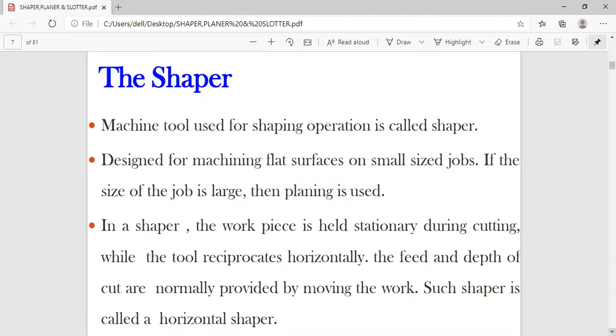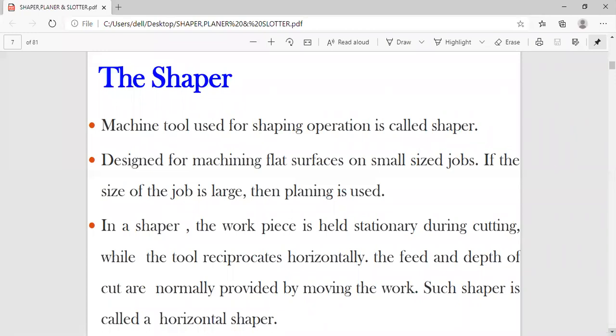And what is the floor space required? As far as it is a horizontal machine, it may occupy more than a slotting machine. When we compare the floor space occupied by the shaper and the slotting machine, the planer occupies more than the shaper. We also have the weight of the machine. All the weight will fall on the machine bed, just like the lathe bed.